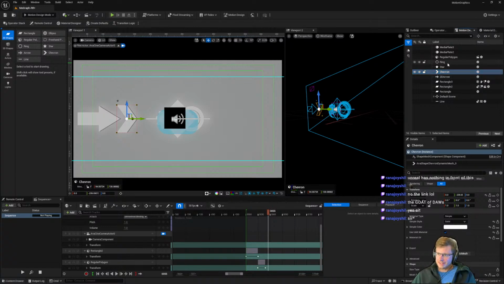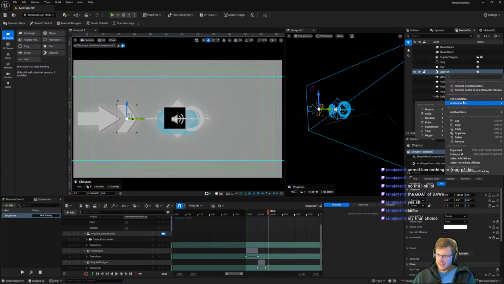And then there's other things like you can right click and add modifiers, right?